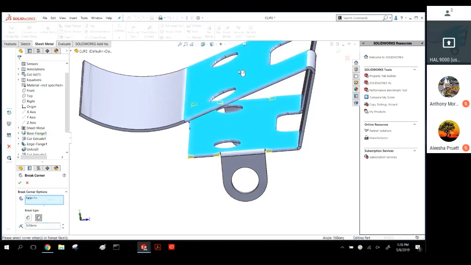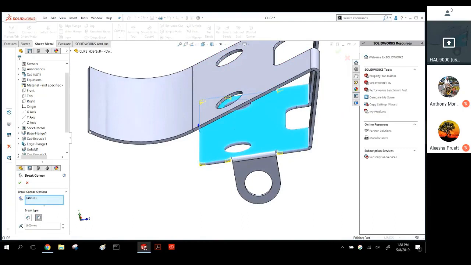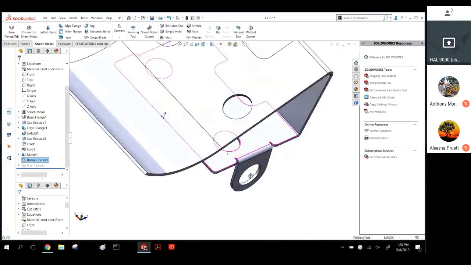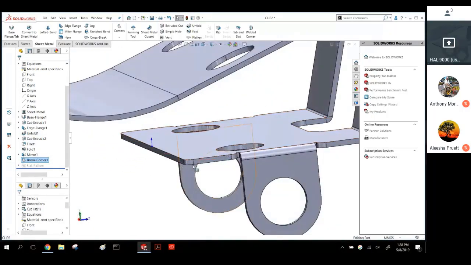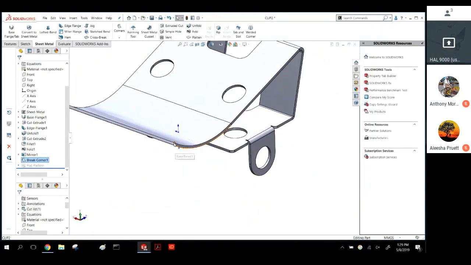It has trouble, it won't do any internal edges, and it also has trouble on a really complex piece like this. I should be able to pick these edges, but because they're edges that are on a bend, it's not figuring it out with this break corner. The break corner is really, you pick a face, it finds all the sharp external edges and breaks them off for you. As long as your number is small enough to fit in those breaks. So now I can have somebody grab a hold of this here without cutting their thumb,